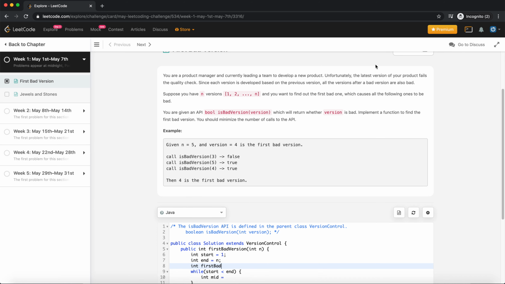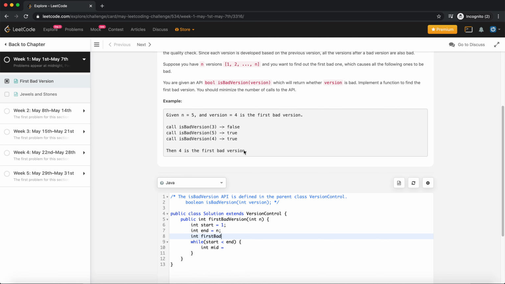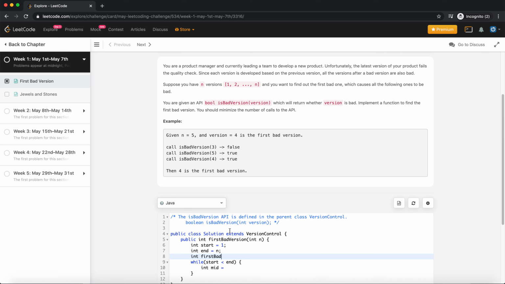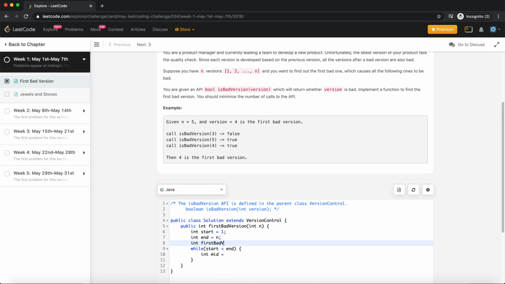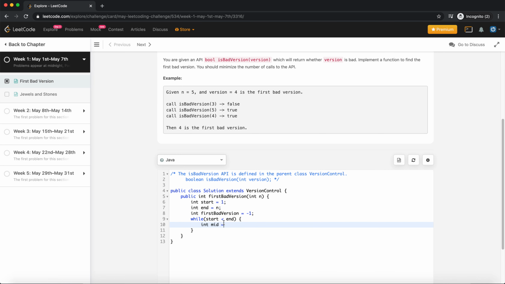It doesn't say that there will be an invalid case. That means there is gonna be a first bad version present in this whole version list. Okay, so my mid would be start plus